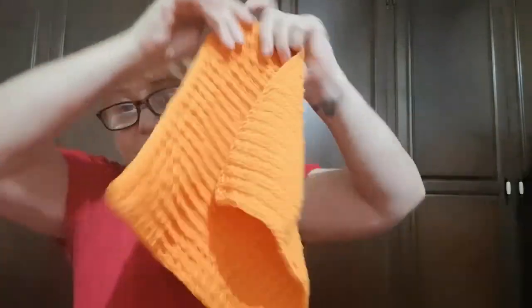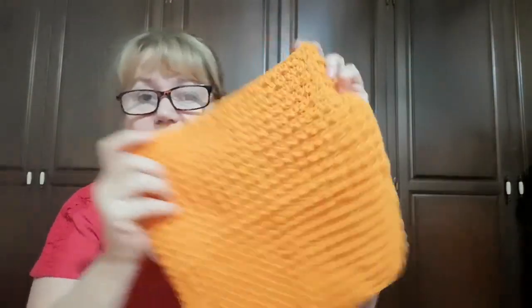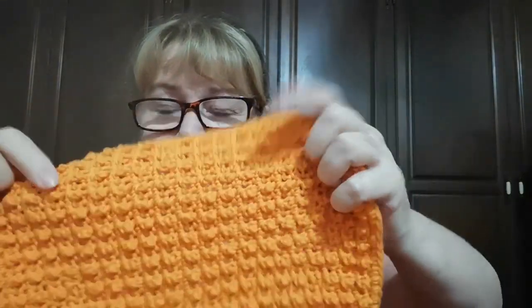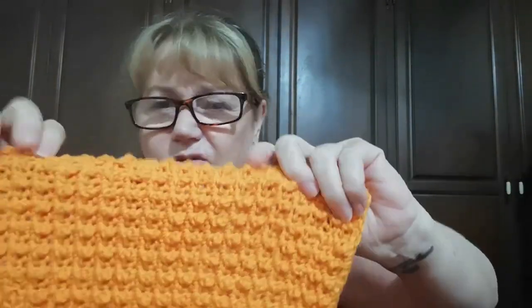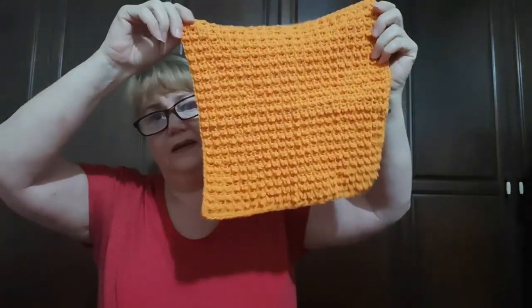And the other thing, I bought some Lincraft cotton, if you remember, in orange, to make some face washers for my bathroom. And I made my first ever face washer. It's not something I do. This is a bag a day pattern. I think it's waffle stitch. I'm not sure what she calls the stitch, but I will put the tutorial in the link. I've made one,